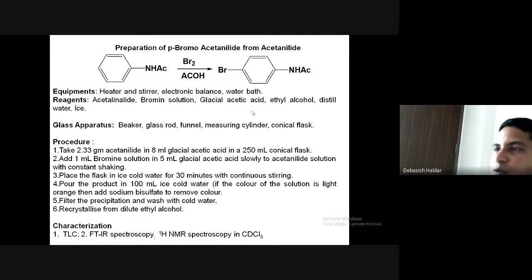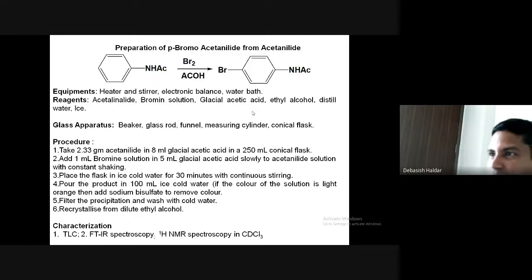But in the laboratory, we will supply the bromine in acetic acid solution. We have already prepared the bromine in acetic acid solution, but we need to do the entire reaction inside the hood. Still, this bromine in acetic acid solution is highly concentrated, so there will be huge fumes of bromine inside the lab. So we'll do this reaction inside the hood. And Shuman will discuss the mechanism of the reaction.